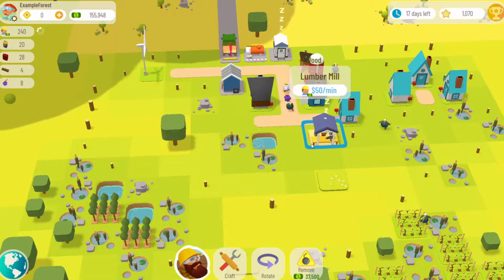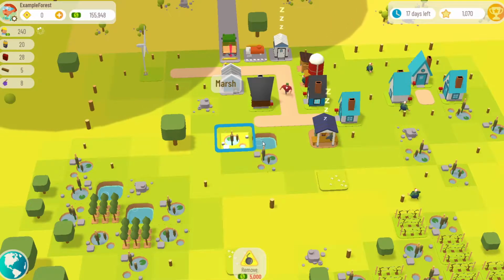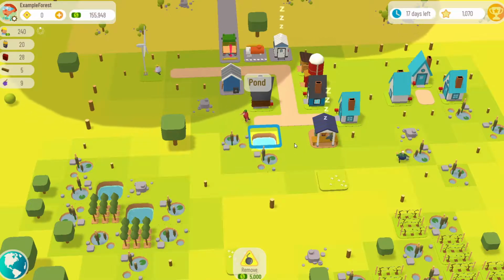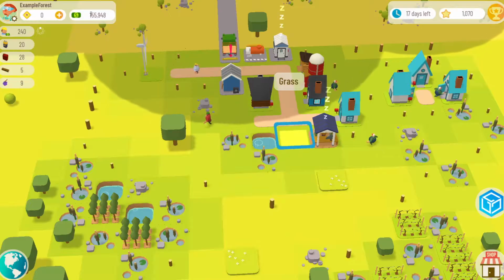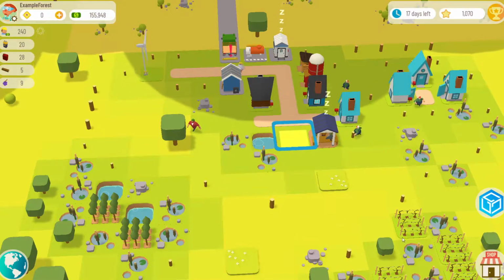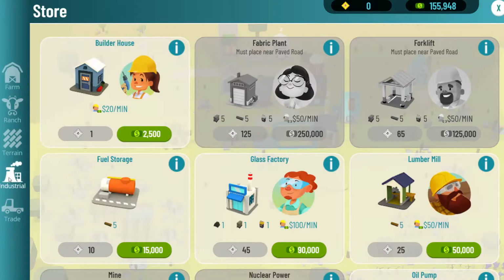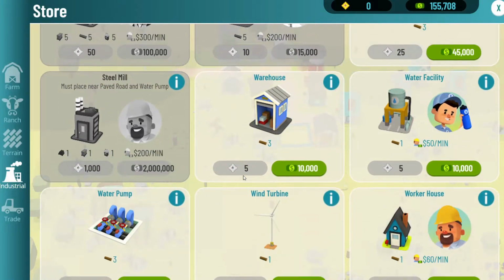But I'm just using this configuration because it's convenient. This pond was already there. No need to reinvent the wheel. So I'm going to go ahead and I've got $155,000 so far. It's going to take quite a bit more than that, but it doesn't hurt to go ahead and start